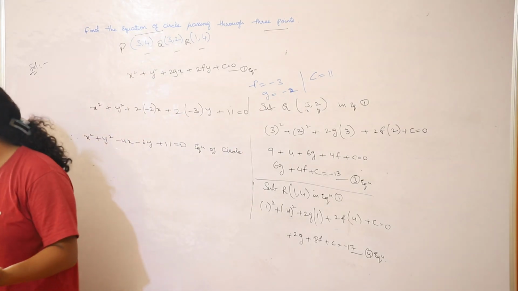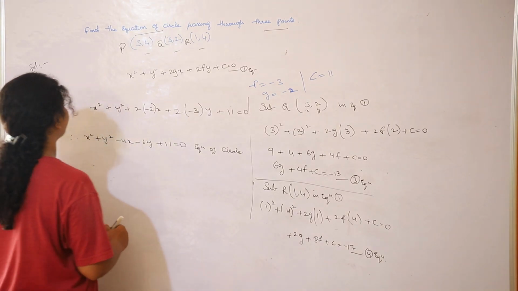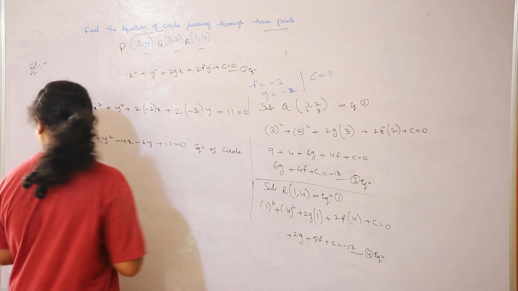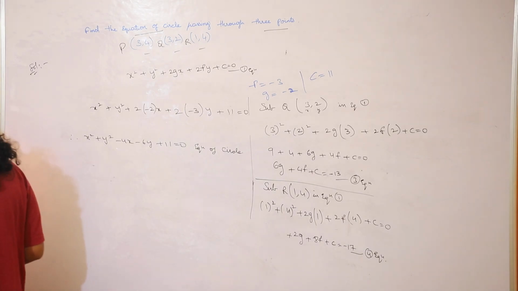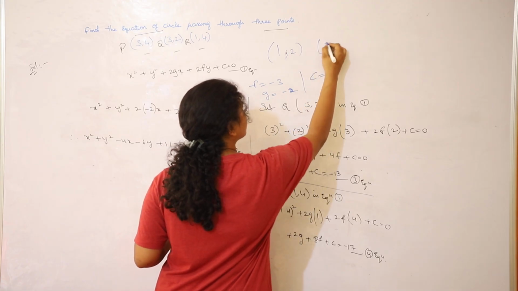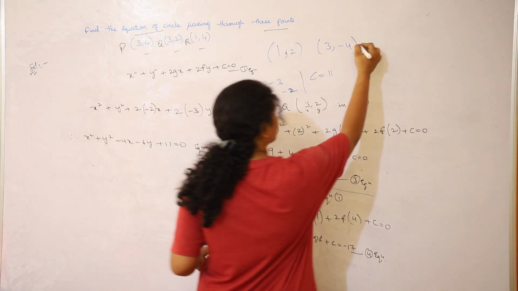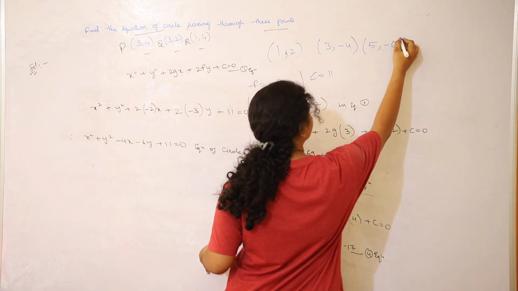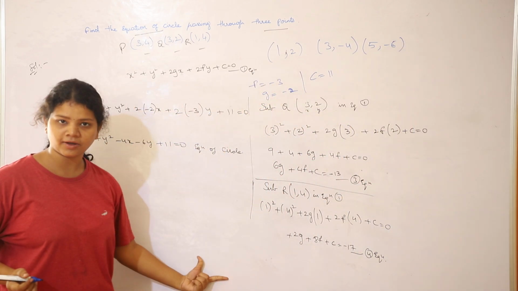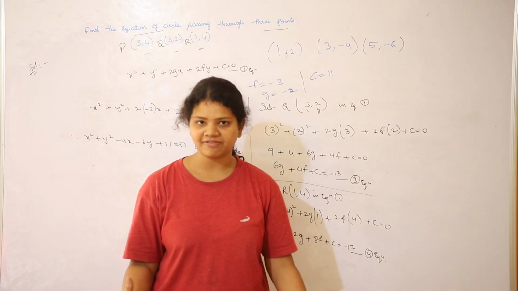I hope you got the process. Now, guys, I would love to give 3 different points for you to try solving on your own. The points are 1, 2; 3, minus 4; and 5, minus 6. These are the 3 points. Try to substitute these points and do the same process as we did till now. And then if you still don't get the c value, g value, and f value, then